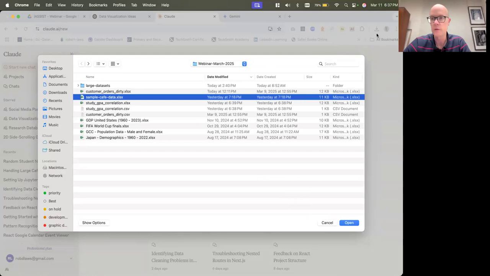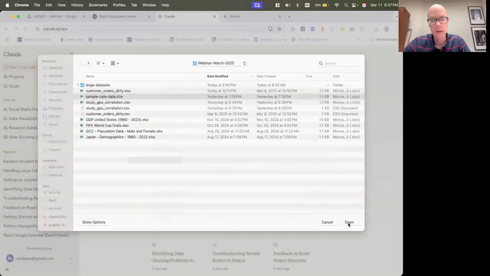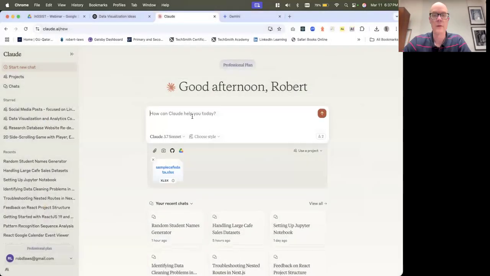So what I'm going to do is tell it, let's walk through it. This is a small sample of a much larger data set. I want to use Python to analyze this data.